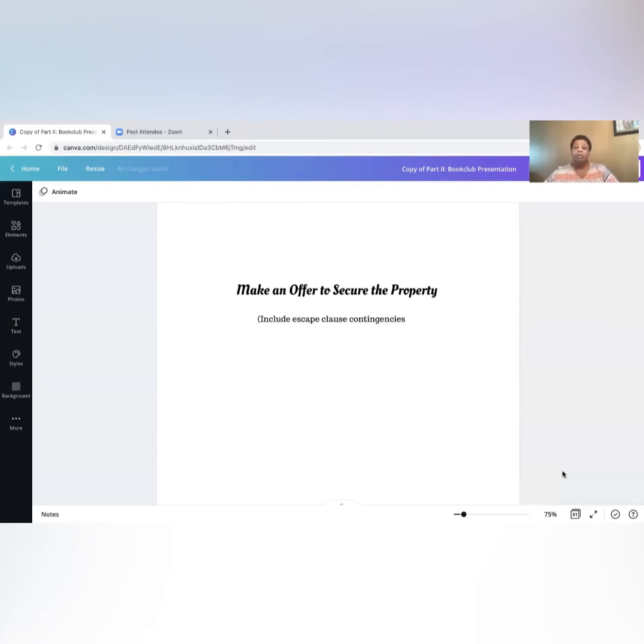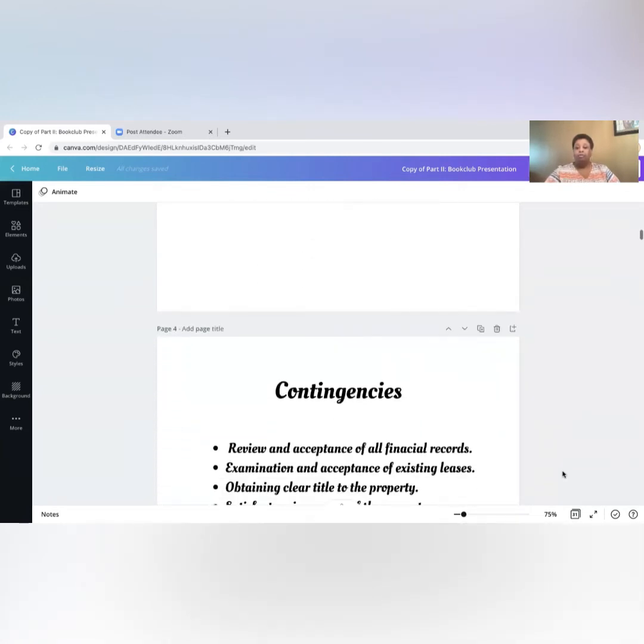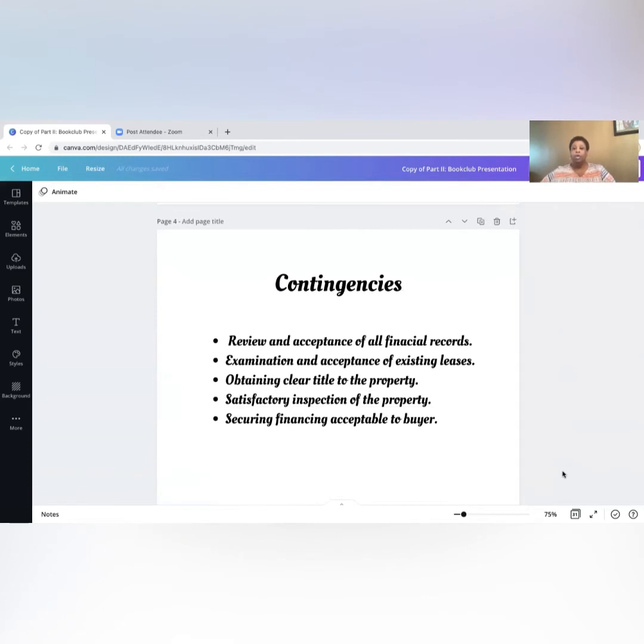Making an offer might require just a down payment, just so that the owner knows that you're a serious buyer and not just someone haphazardly making offers. You want to include some clauses when you make the offer and put down money on a property. You want to make sure that you're protected, because you're making an offer prior to having the property inspected. So here are just a few